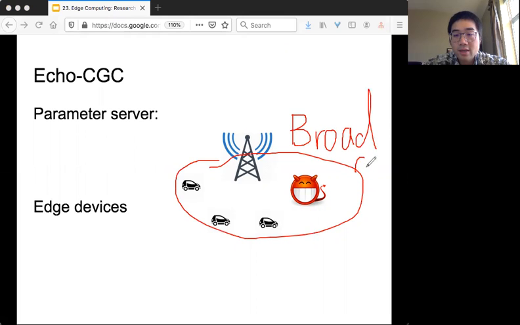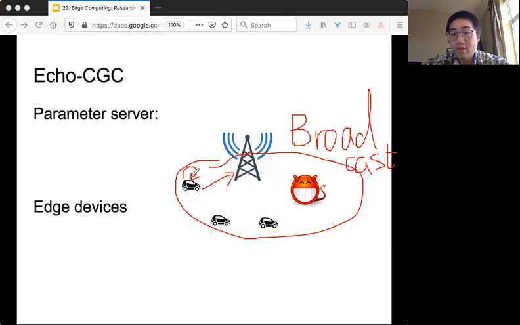In this case, the edge server acts like the parameter server. It collects the model, updates the model, and sends out the parameters, and then the edge devices locally train on some data, update the gradient, and send it back to the edge server.